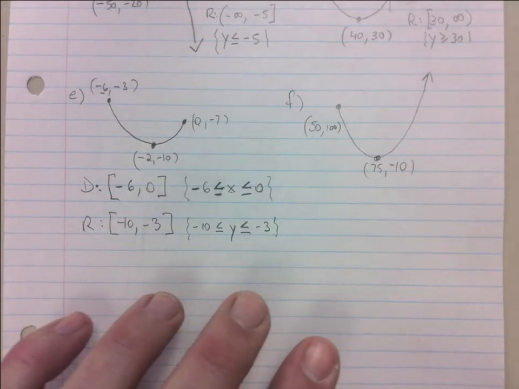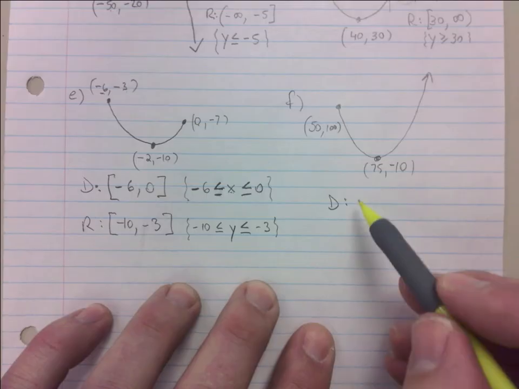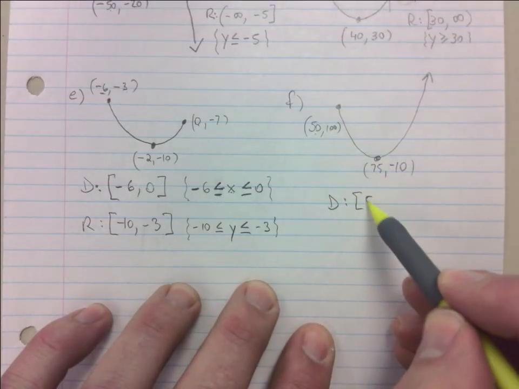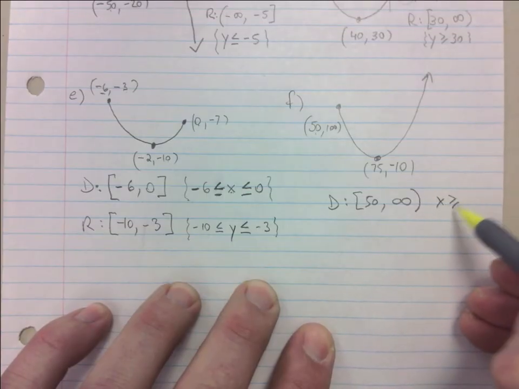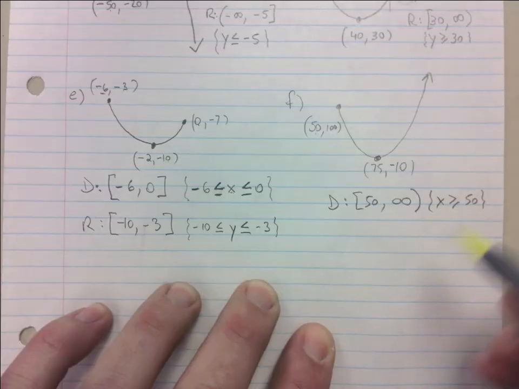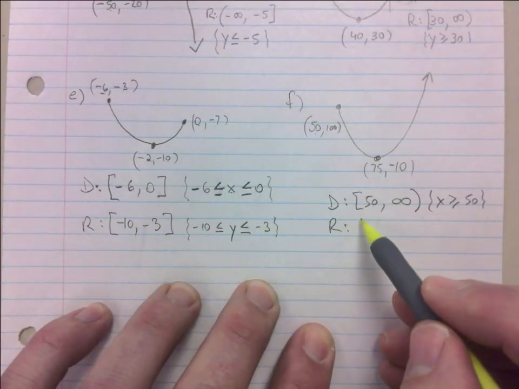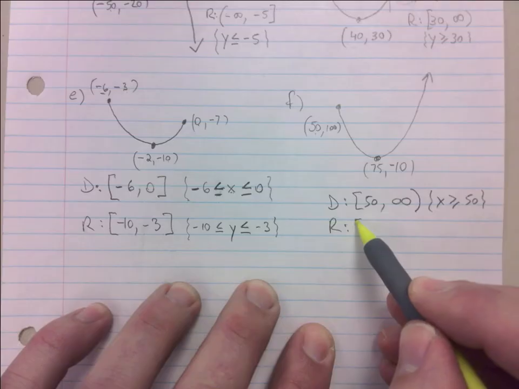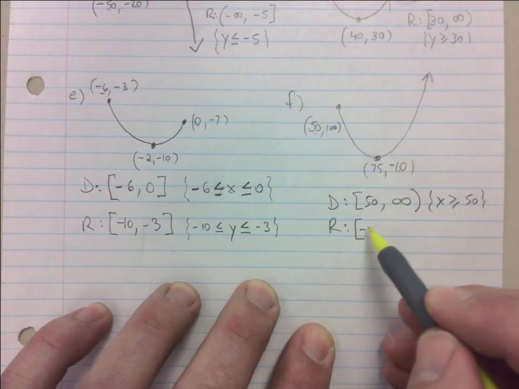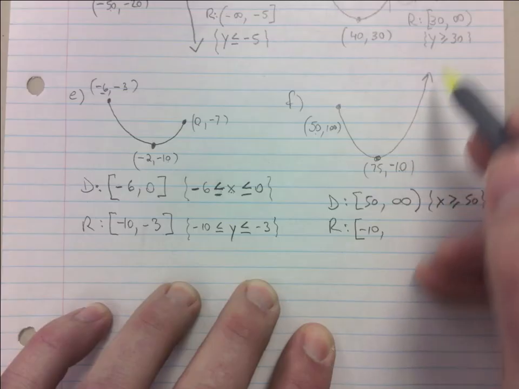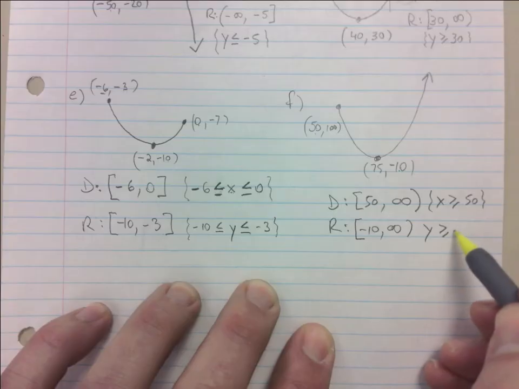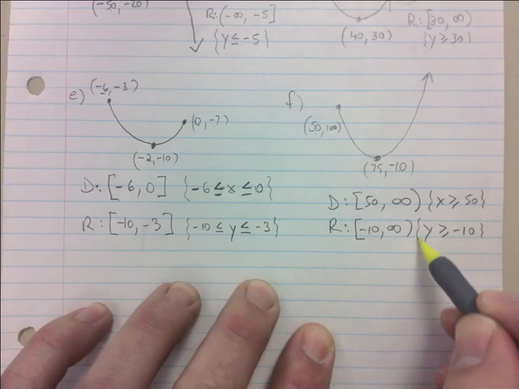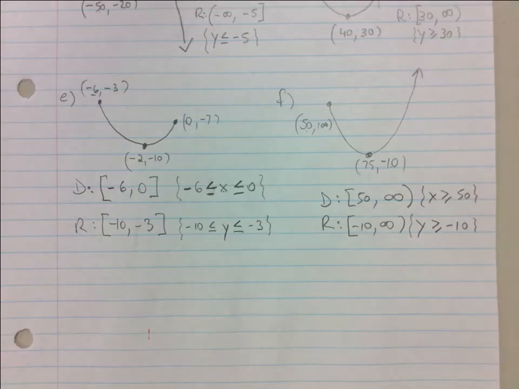Next, last but not least, for the domain, we're going from 50 all the way to positive infinity. So x would have to be greater than or equal to 50. For the range, we're going from as low as negative 10 all the way to infinity, right? So y would have to be greater than or equal to negative 10. There we go. So maybe talk about what happened